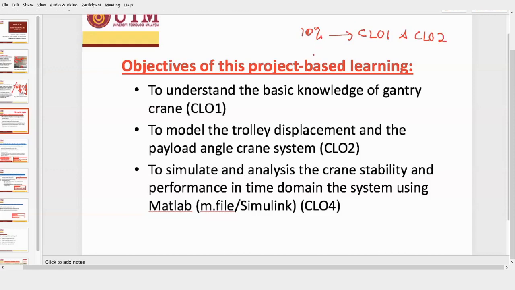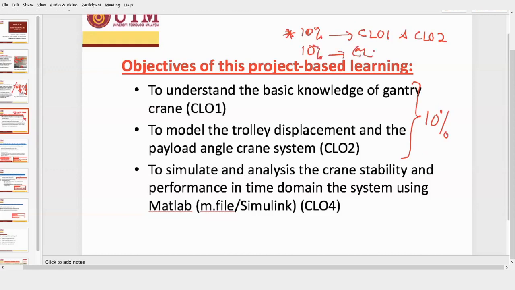Okay, so for our class, we are doing project-based learning. The assessment for this 10%, CLO1 and CLO2, we will get from these two parts. So this one will contribute 10%. And then we have another 10% for the